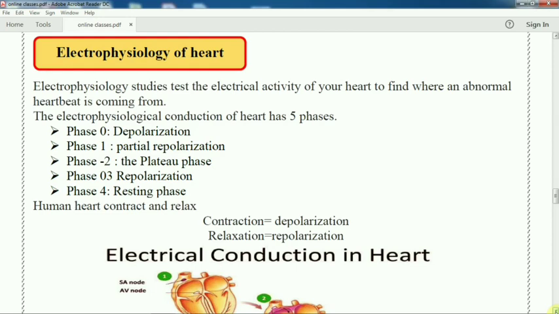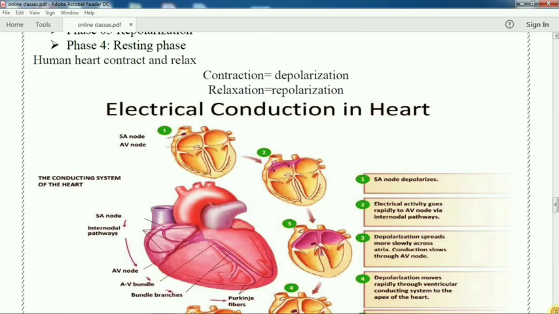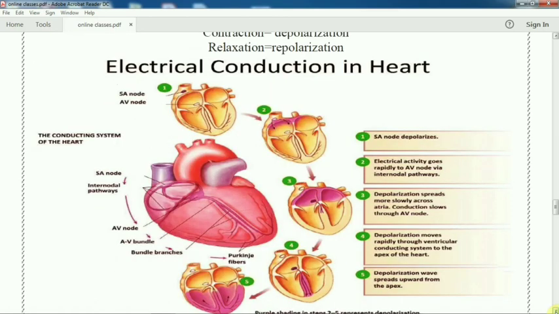First let's see in the figure, the anatomy or conducting system of the heart, how the heart contracts. We have already studied the conducting system: the impulse is generated in the SA node or pacemaker, and it is transmitted to the AV node, bundle of His and Purkinje fibers. In this way impulses or action potentials are transmitted. So in which condition? When the SA node depolarizes.